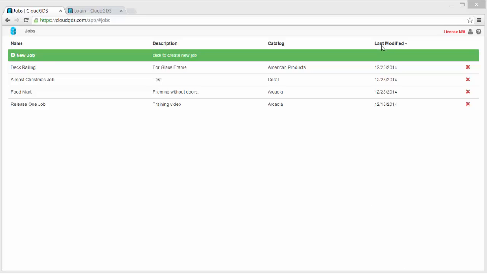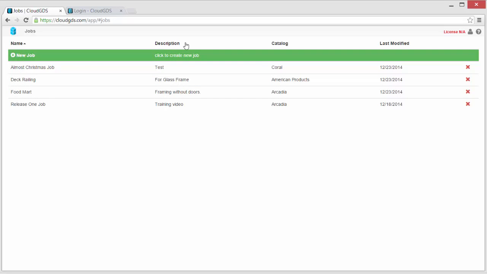Here's a video on how searching is a powerful thing to do in the CloudGDS application. Since this is cloud-based, internet-based, it's all done in your browser, and you obviously have to have an internet connection to use the software. So it is like any other internet-based program, and you can actually sort by just clicking on the column headings